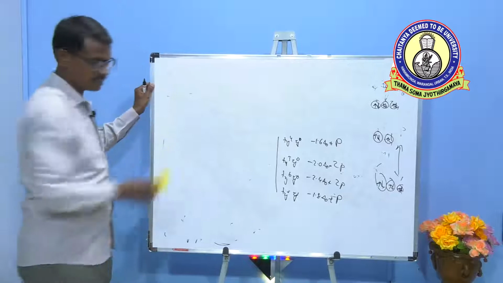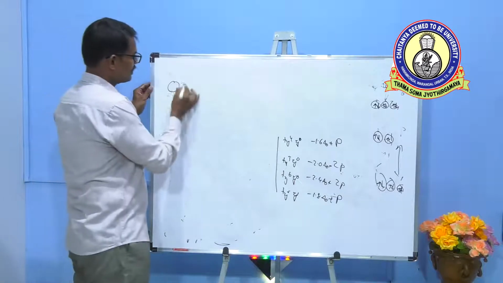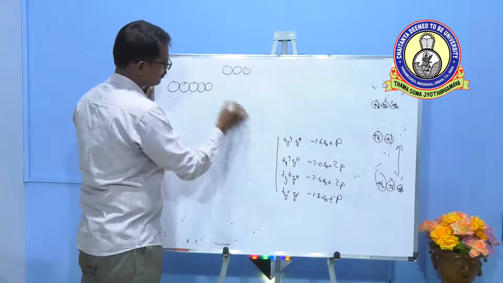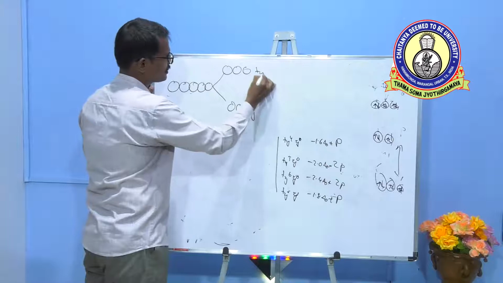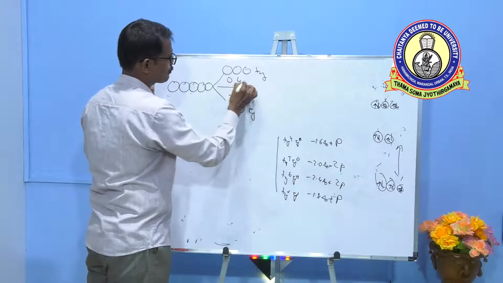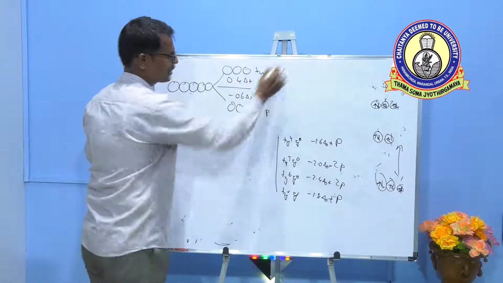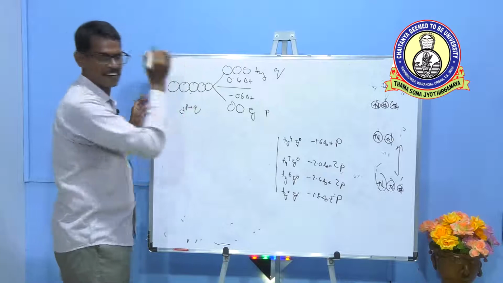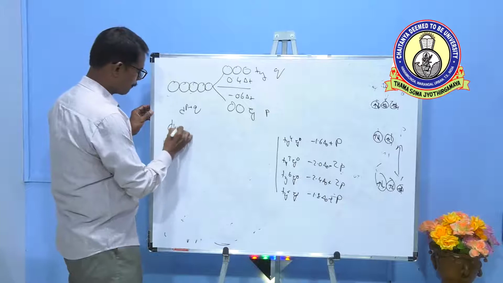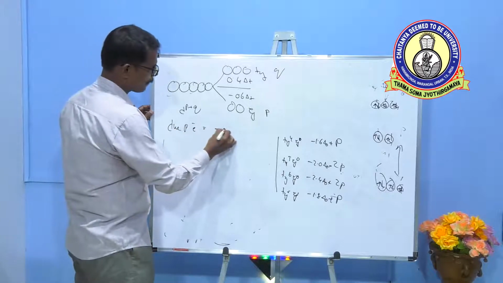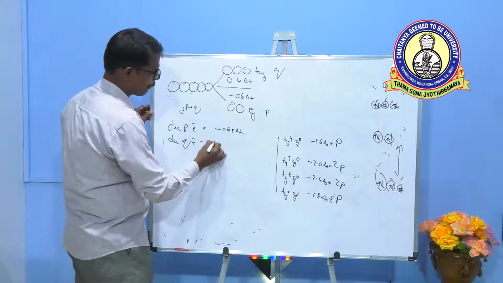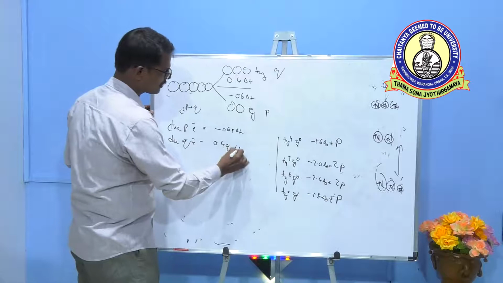In tetrahedral, we already know that 3 are in higher energy and 2 are in lower energy. This is the e set, and this is the t2 set. The e set is at minus 0.6 delta T, and the t2 set is at plus 0.4 delta T. For a d p plus q ion, with p electrons and q electrons, the p electrons contribute minus 0.6 p delta T, and the q electrons contribute plus 0.4 q delta T.